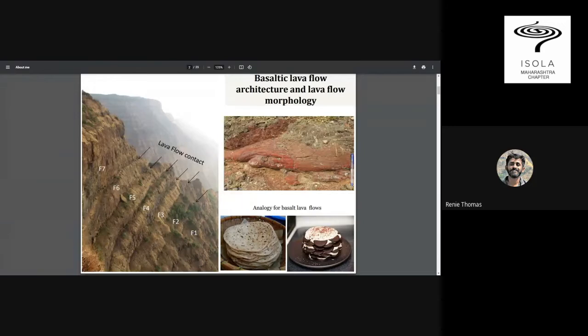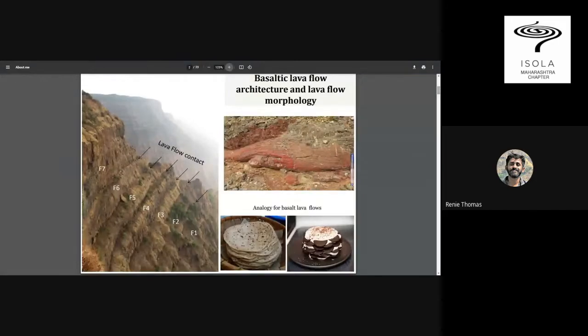So if you see the slide, usually when we go out for any recreation, we usually see a very majestic landscape. But if you look a bit closely, there are different layers. These alternating layers are basically different lava flows, and I've indicated on the slide that there are different lava flows. Sometimes it's not easy to differentiate, but over the years of training and observation, it's easier for me to now recognize these features.